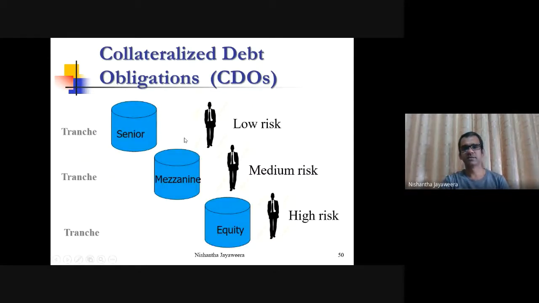Again, they will categorize these bundles into whether they fall into the senior tranche, mezzanine tranche, or the equity tranche. The senior tranche carries the lowest risk, and the equity tranche carries the highest risk. The medium risk in between senior and equity is the mezzanine tranche. There can be more than one mezzanine tranche. That's the basic structure. So investors, depending on their risk appetite, as I mentioned earlier, will invest in any of these